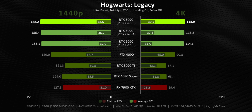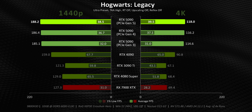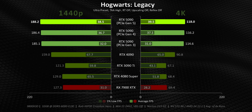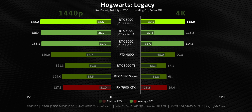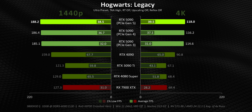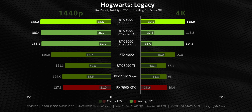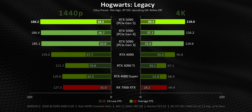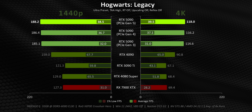Hogwarts, well, that's another game that's limited in some way or another, and I think we can firmly point a finger at driver optimizations here, because while the average frame rate is perfectly fine, the overall gameplay experience on the new Nvidia card is simply terrible. It's filled with micro stutters, which is why the 1% lows are just unbelievably low for a card of this caliber. Then again, this is an Unreal Engine game, guys, and there isn't a single GPU here that can deliver a